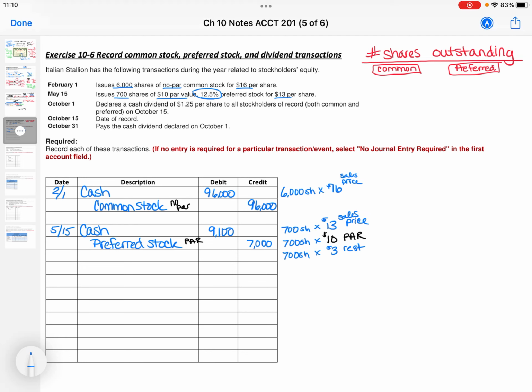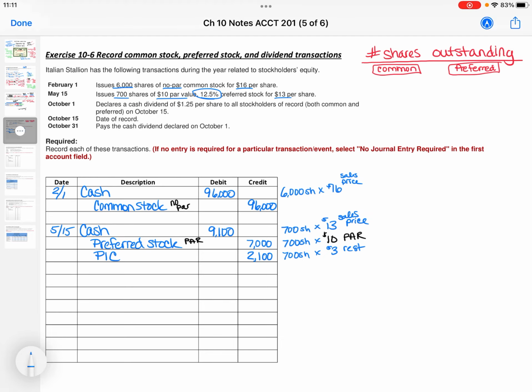So I am just going to call it PIC, but technically the title is Additional Paid in Capital. And actually, I know your book calls it that, but the real long one is Additional Paid in Capital in Excess of Par. So that's the real account name, but we'll go with PIC. And that amount is $2,100. Okay, so we've done 2 entries. We've already done entries similar to that in the past, so I'm sure you're feeling pretty good with that.